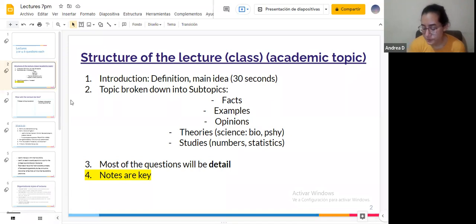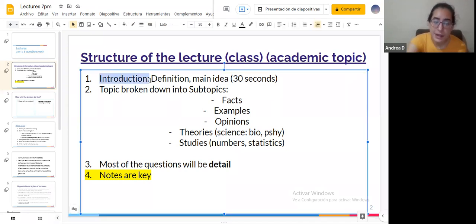Now, going back to the test, here's how the structure of this lecture will be. At the beginning, you will have a short introduction in which the professor is going to introduce the topic and maybe explain a bit of what the topic will be and how the lecture will be organized. For example, if the lecture is on nuclear power, maybe the professor will start the class and be like, hey, today we're going to be looking at nuclear power, maybe define what nuclear power is. Maybe the professor will say, okay, nuclear power is this and this and that, and it's used in these situations.